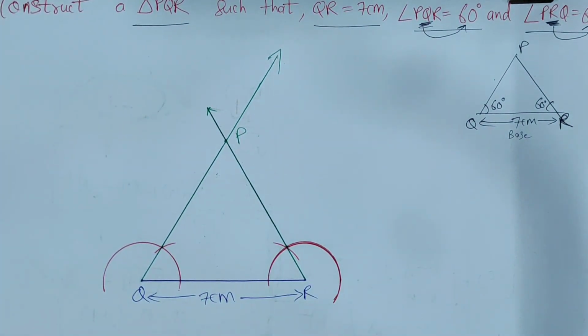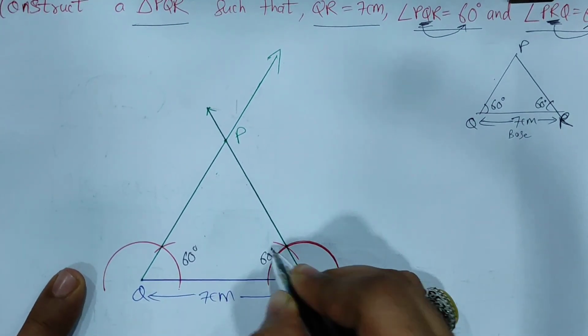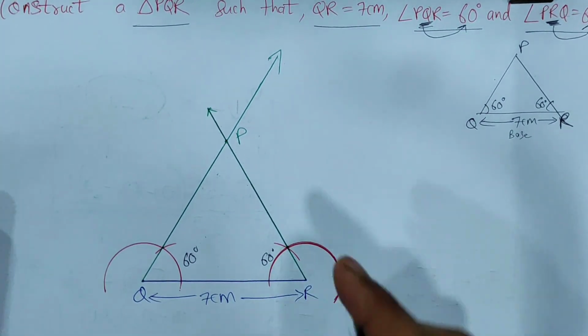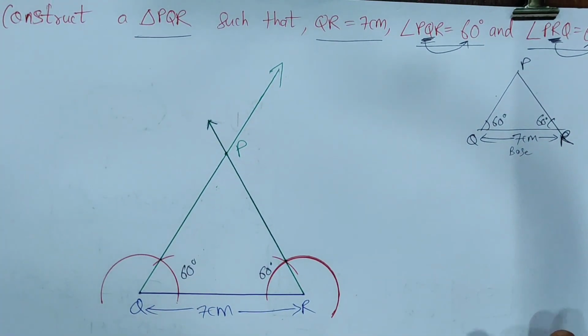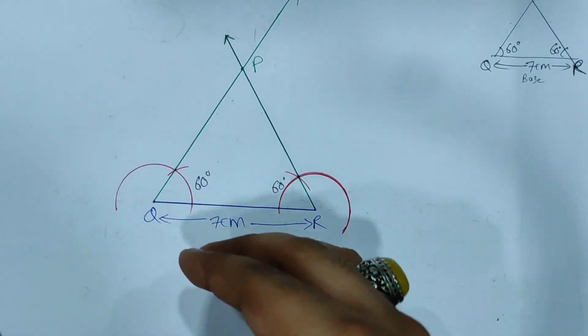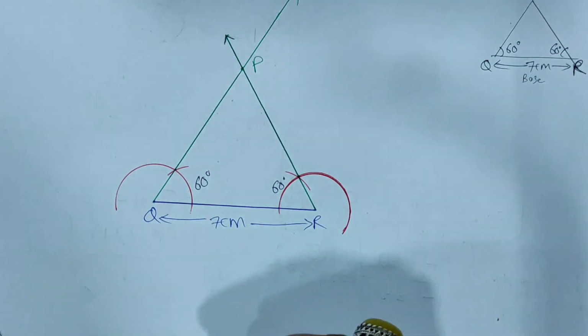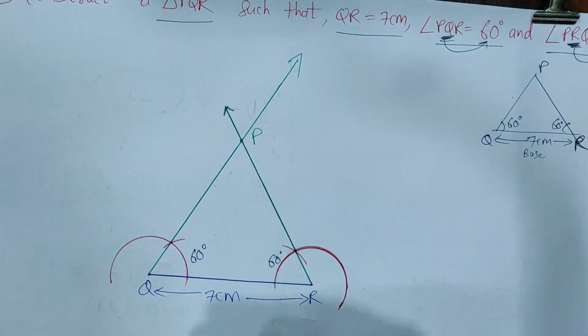Great, amazing. Don't forget that this is 60 degree, do write it. This is 60 degree, do write it please. QR already mentioned. Don't forget to draw these arrowheads please. That's it, students. Pause the video please and do it very fast. Once again I repeat, inside the notebook draw this base QR near to the bottom of the page, so that you have the entire page available, because the diagram will go vertically above. Pause the video please and do it fast.